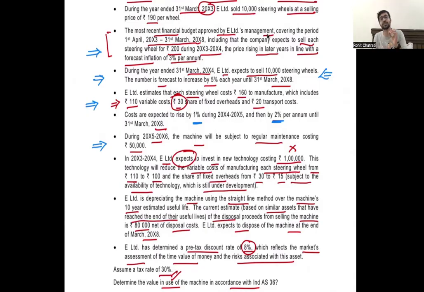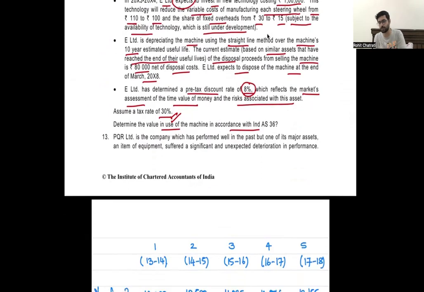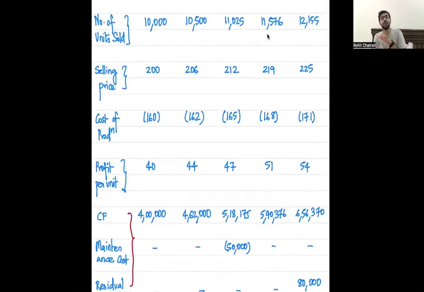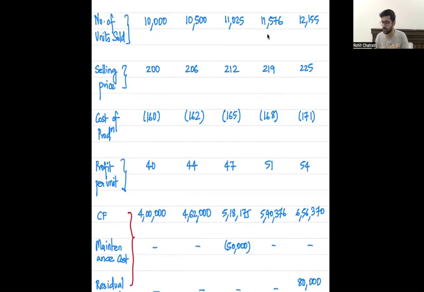If this was a committed capital expenditure, I'm just telling you that the answer of the question is over, but I'm now creating a hypothetical scenario of what if this capital expenditure was actually committed. The change would be in 13-14, I would have considered an outflow of 1 lakh rupees, and I would have correspondingly reduced the cost